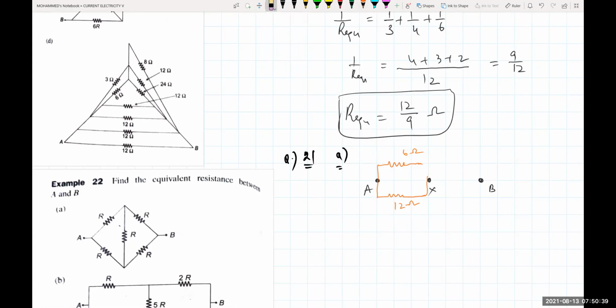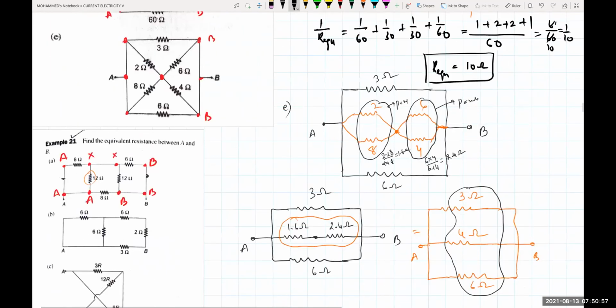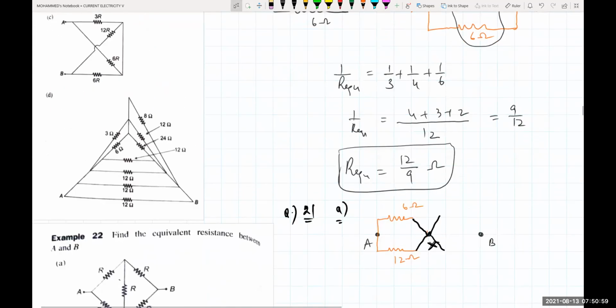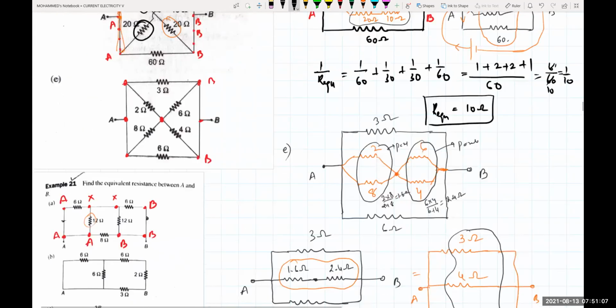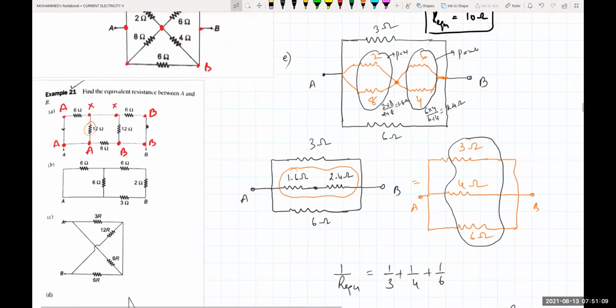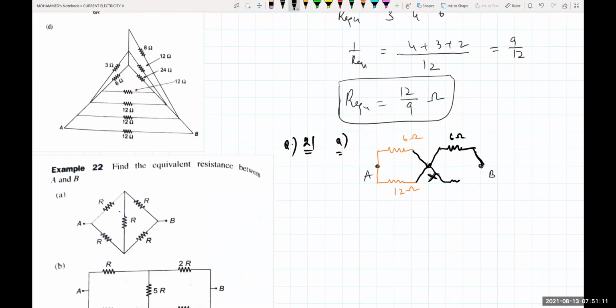So I'll attach this point like this. This is connected to your X. Then one more to this position. Clear? And this is your point X. Between X and B, see whether there is any resistance. Between X and B there is 6 ohms. This is connected to this one. Again between X and B, is there any more resistance? Between X and B there is one more resistance, that is 12 ohms. So this will be equal to 12 ohms.